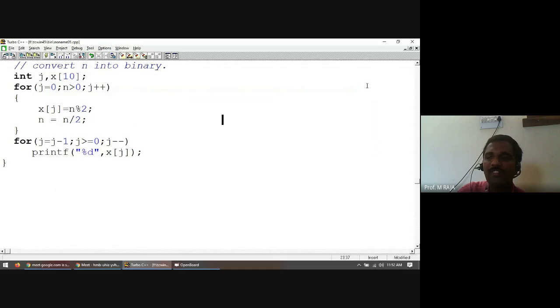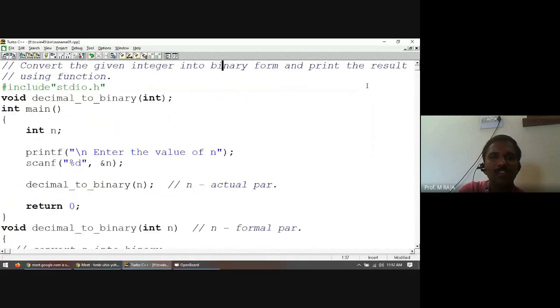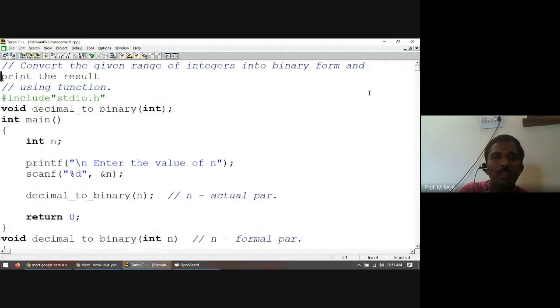When the range is given, for example, convert the given range of integers into binary form and print the result